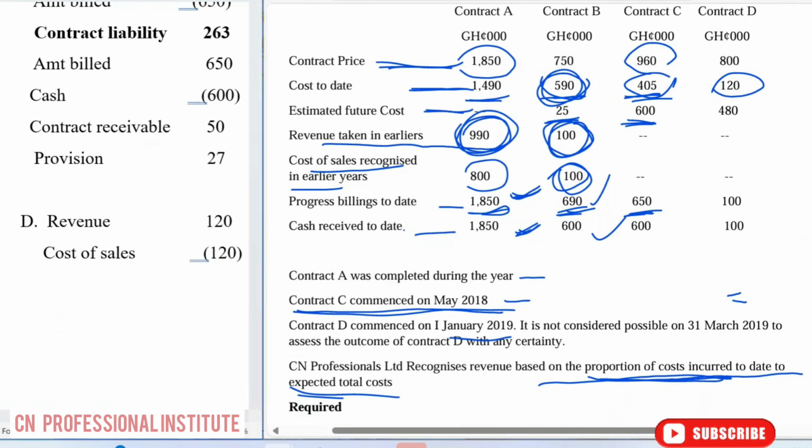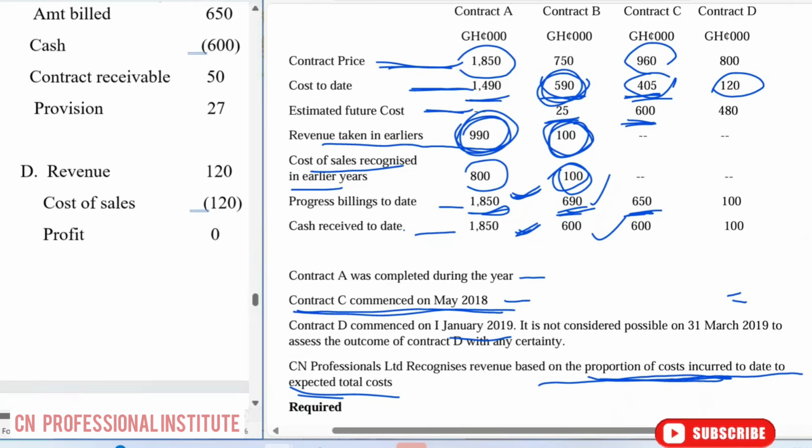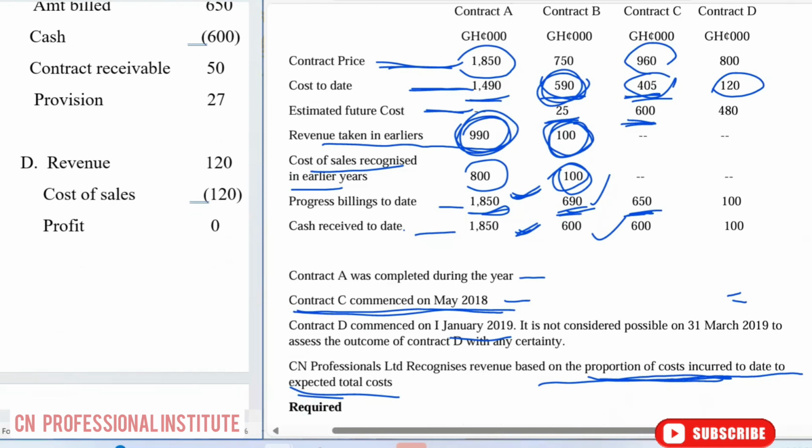That's what the standard is saying. So our profit is what? Zero. That's it. So we have zero profit. Let's go to the statement of financial position. So with that one, with the statement of financial position,